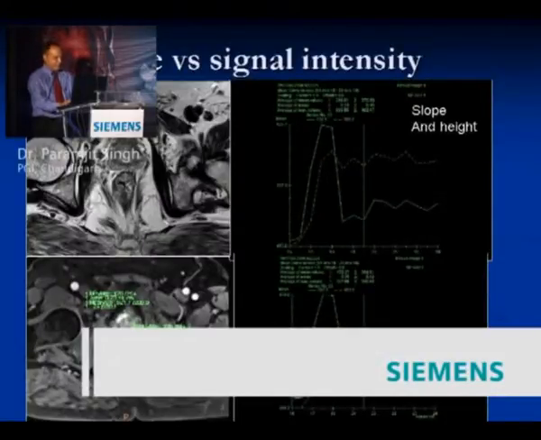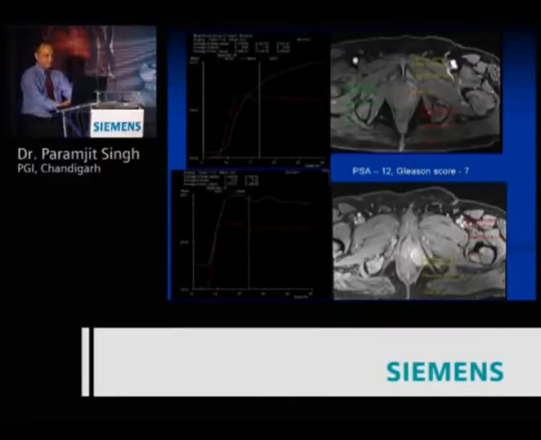Again the time signal intensity. Right. In the same patient, slightly below, we see that there is an area here which is having extracapsular spread. The obturator internus is probably infiltrated here, and one can see that these are the images. This is the cancerous tissue, and these are the non-cancerous tissues.